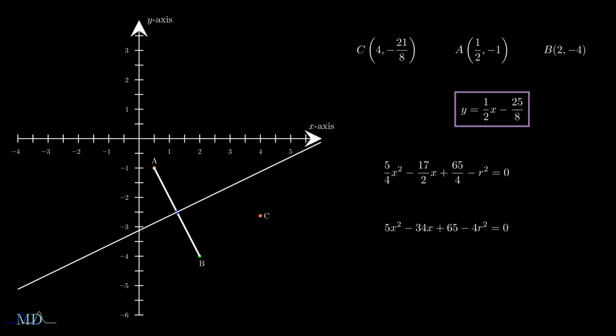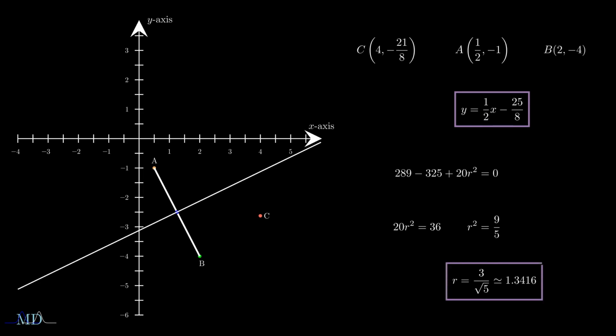If we want the line tangent to the circle, the discriminant of the equation must be null. We obtain an equation in r: 289 minus 5 times (65 minus 4 times r squared) equals 0. This is equal to 20 times r squared equals 36. r is the radius of the circle, therefore we want a positive number as a solution for the equation. This solution is r equals